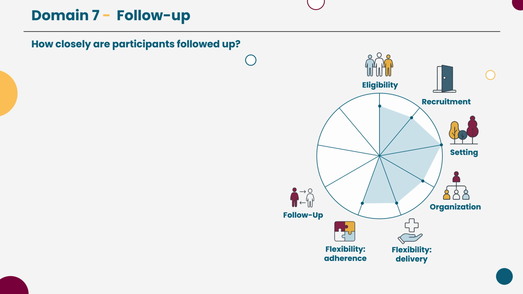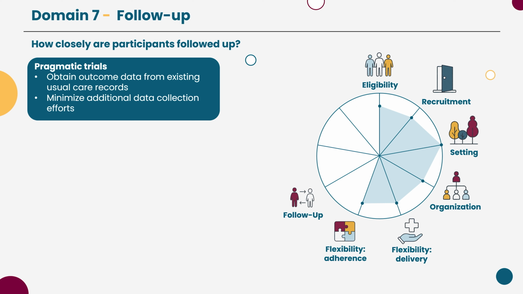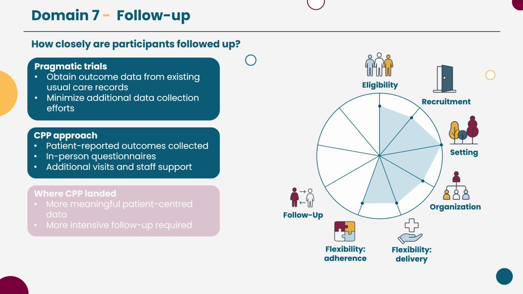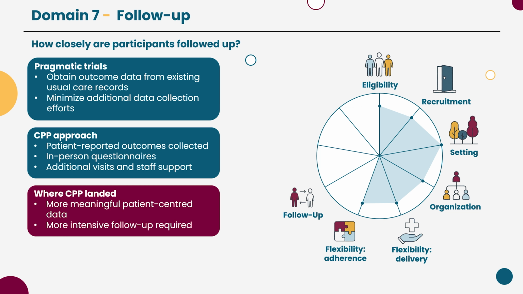Domain 7 focuses on follow-up procedures. A highly pragmatic approach involves little or no follow-up, similar to what occurs in usual care. Outcome data would be obtained from routine medical records or administrative databases, with nothing more collected than would be available in usual care. In the CPP trial, follow-up was more intensive because many patient-relevant outcomes were not captured in routine clinical or administrative data. Outcomes such as quality of life and self-management capacity were important in our study, given its